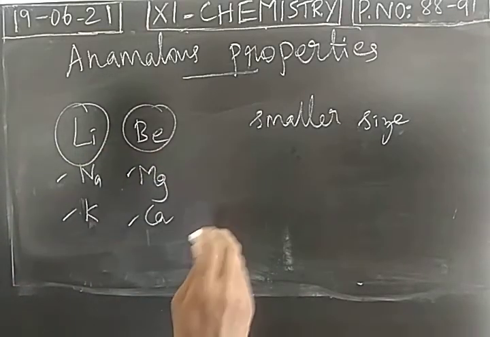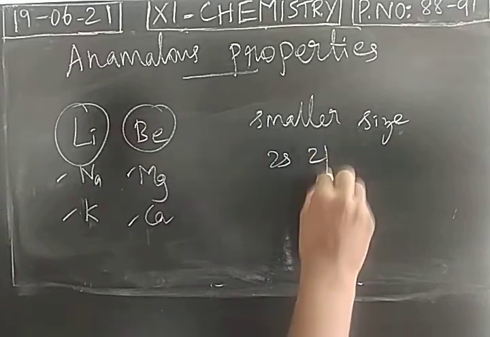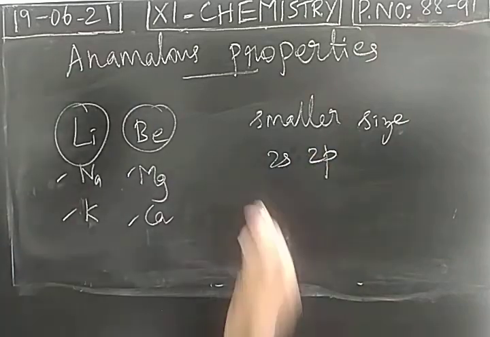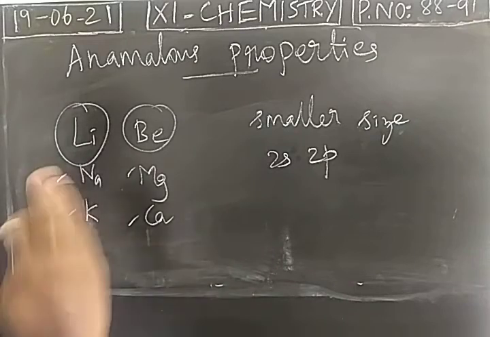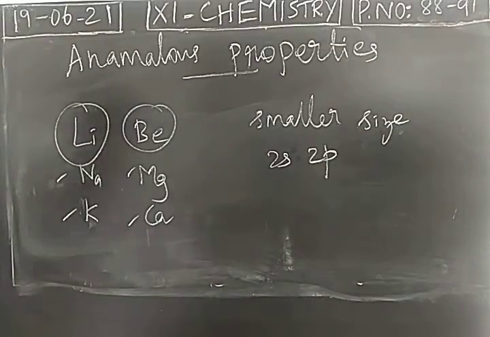The second period elements have the orbitals 2s and 2p. Electrons are filled in the 2s and 2p orbitals. The size is very small, a compact structure. They don't have d orbitals, right? So absence of d orbitals, smaller size, high ionization energy and electron affinity. These are all the reasons for the anomalous nature of second period elements.